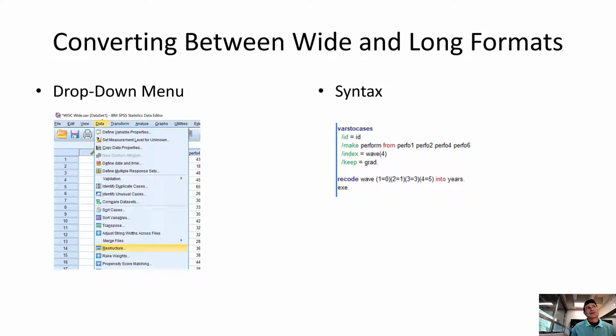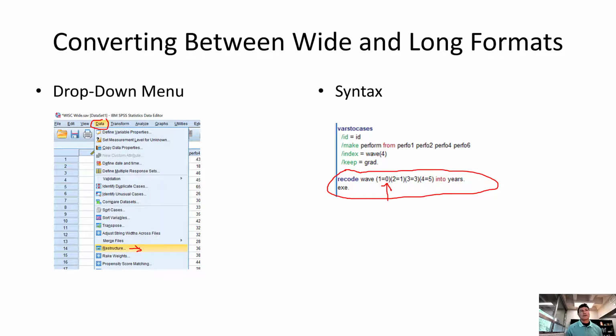So we'll go to our data command in SPSS and restructure, and we'll just follow their directions. They actually show these nice little figures where it shows going from wide to long, and it's somewhat intuitive to do. I tend to use syntax quite a bit, and with the syntax it's relatively simple, you just will have to change your variable names. The other thing I put here, this last part, is what I'm going to talk about in a minute. This is where we center the data and make the first time point equal 0.